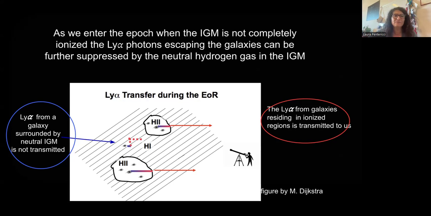So Lyman alpha from a galaxy that is surrounded by the neutral intergalactic medium will not be transmitted. So this guy in the middle, you see, is a galaxy in the neutral hydrogen. The Lyman alpha from this guy will not be transmitted, whereas for the galaxies that reside in ionized regions, their Lyman alpha, if it manages to escape the interstellar medium and circumgalactic medium, can manage also to escape to us and is transmitted, and so we observe them. So basically, this means that during the epoch of ionization, something changes in the way we see Lyman alpha from